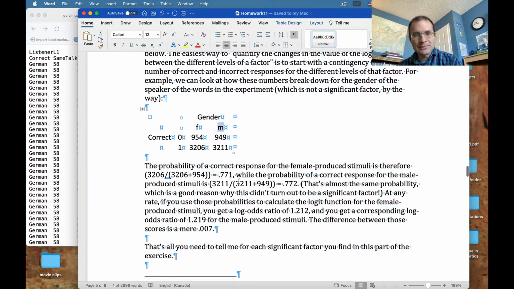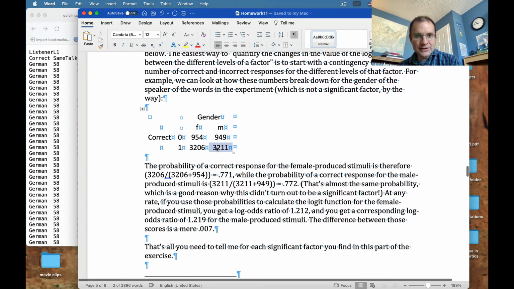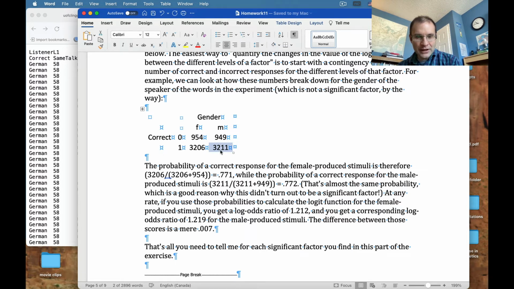So the probability of a correct response for the female-produced stimuli is going to be this correct number, 3206, divided by the total number of stimuli they heard from female speakers, which is that sum, that plus that. And if you do that math, you get basically 77% or 0.771 if you want it to range from 0 to 1. And the probability of a correct response for the male-produced stimuli is this correct number divided by those two cells together, which is about the exact same number. So it's almost exactly the same, which is why this is not significant,